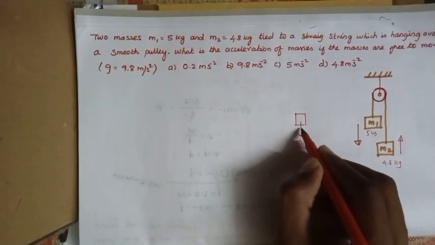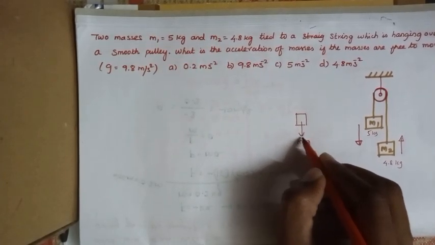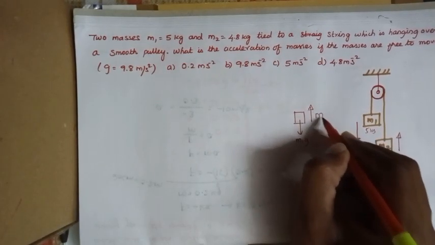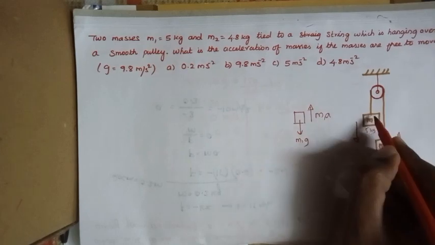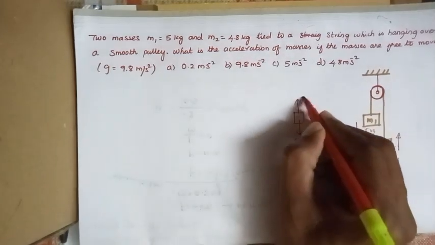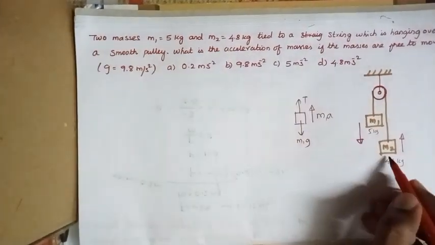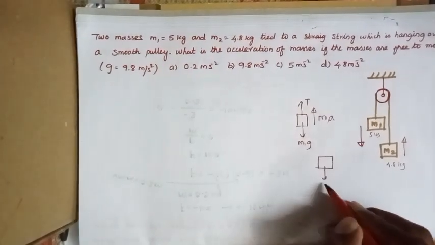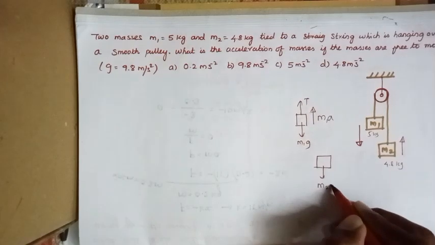So the inertia of this mass tries to prevent the motion of mass 1. So it acts in the opposite direction. The formula for inertial force is m1 into a, and there is a string, so you have the value of tension T. Okay. So for the next mass m2, the same thing: gravitational force always acts in the downward